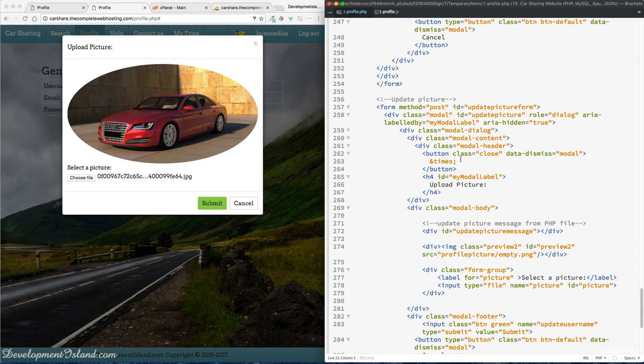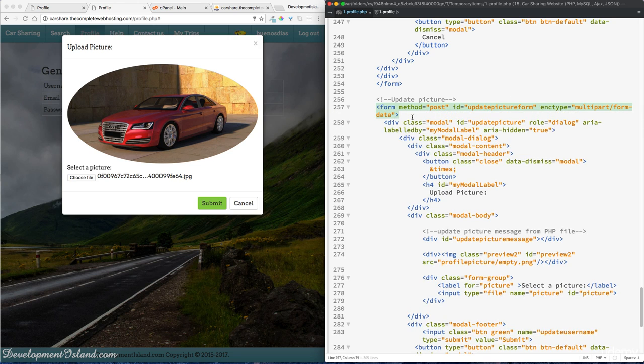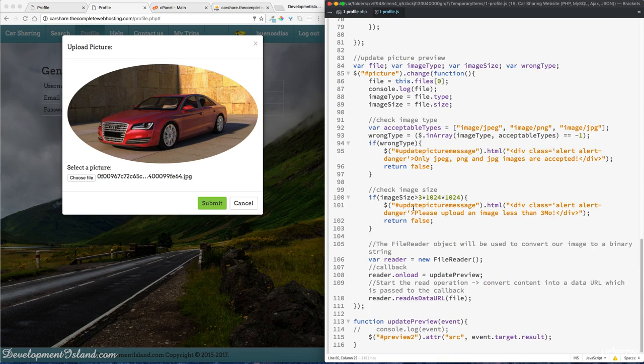As we are uploading a document or a file here, we're going to need to add an attribute to the form. Okay, so this attribute is going to be the encoding type, which we will set to multipart form data. So we need to do this whenever we need to upload a file using a form. Okay, now let's go to the JavaScript file